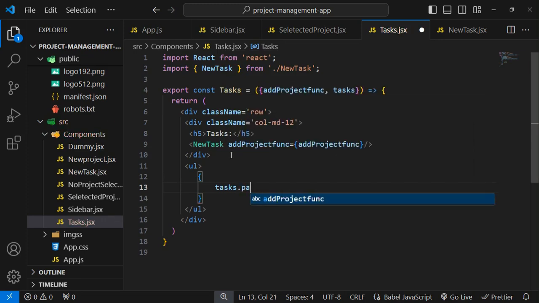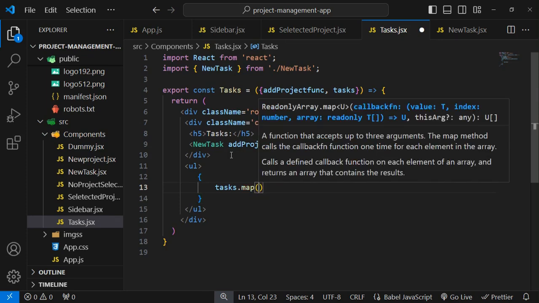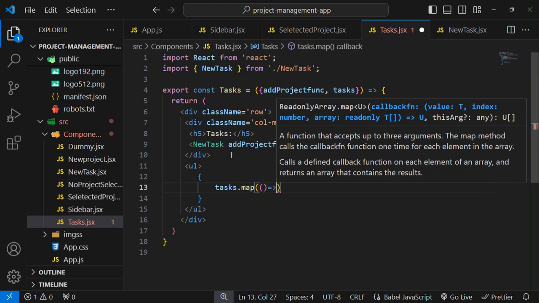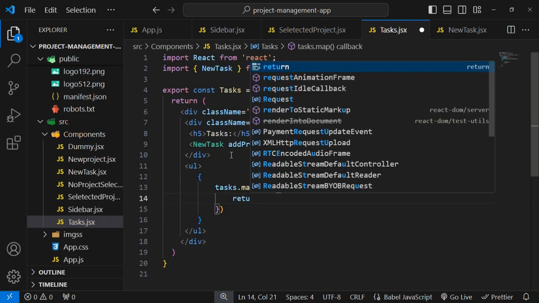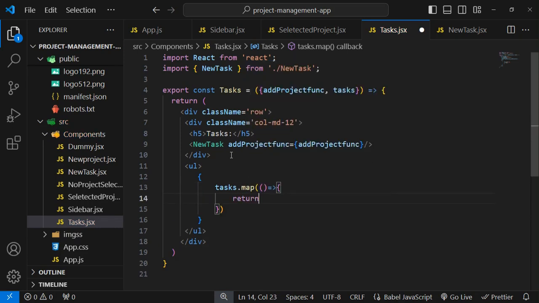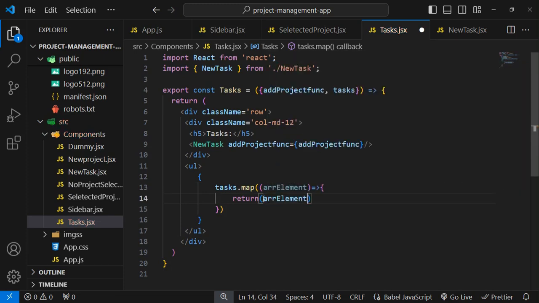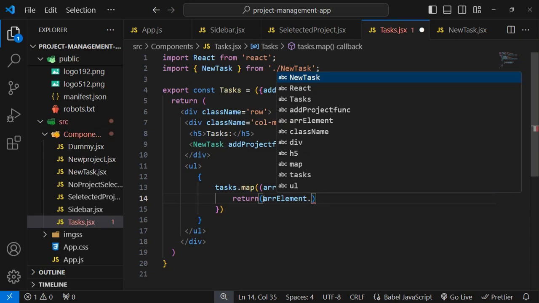Tasks dot map, and we have to create that map as a callback function, and of course this would return something. And we have to pass array element, and I'm just typing here array element dot